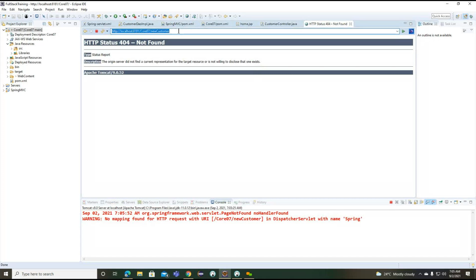I want to copy this particular path information, and now what I need to add here